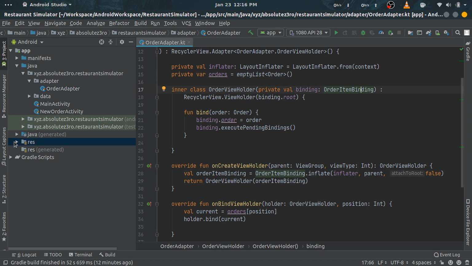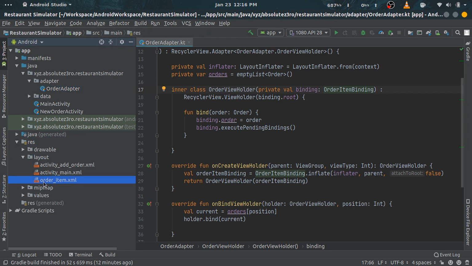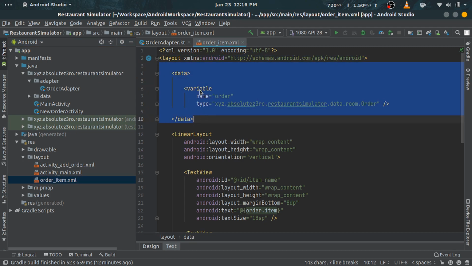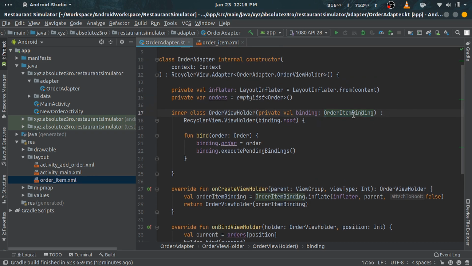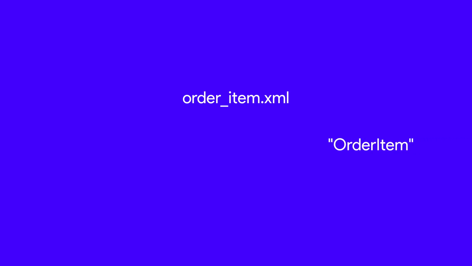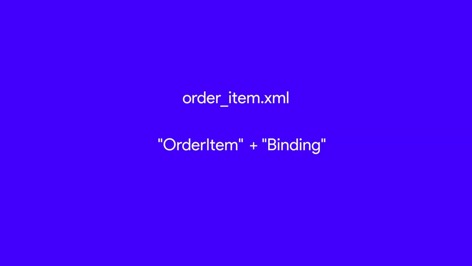If you remember, we named our layout file for the recycler view item as order_item.xml and we have already modified the layout file to use data binding. So the data binding library automatically generates this OrderItemBinding class to use for data binding. Naming convention is simple. The name of the layout file is used in Pascal case and the term Binding is postfixed. So in our case, the layout file is order_item, so it gets converted into OrderItemBinding.